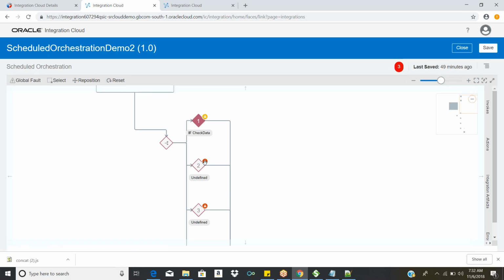You can see that earlier it was red, and now it is yellow. Yellow denotes that you have successfully completed the edit of the expression, I mean the condition, but you have to add some actions in order for it to execute. If my condition is satisfied, then what do you want to do? You have to add some actions. Actions can be an activity, sending an email, or calling some XYZ integration. You can do whatever you want in this action item based on the ICS features.